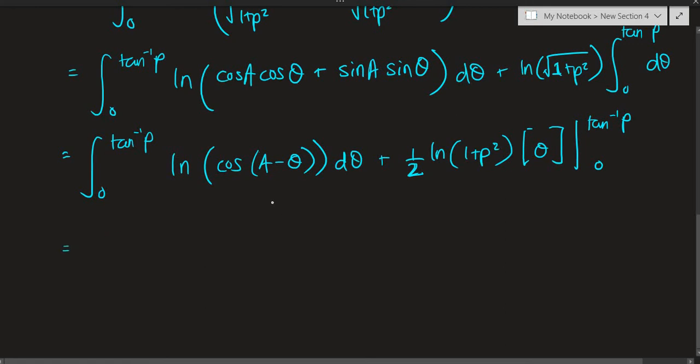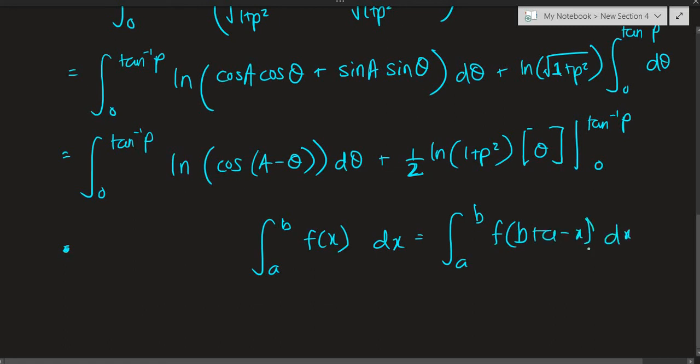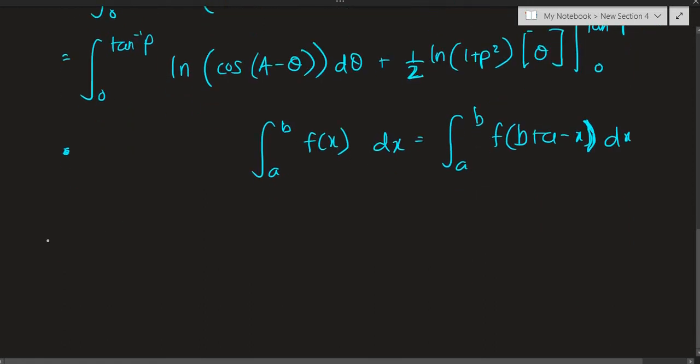Fine, but I would actually also like to use some symmetry here. Notice that when we had an integral from a to b of f of x dx, this is all properties of definite integrals, we could convert this into integral from a to b of f of b plus a minus x dx. So we could just add upper bound plus lower bound minus the initial variable of integration. We can convert any integral into this form. So let's use that property on this first integral.